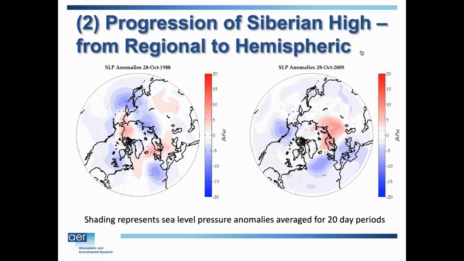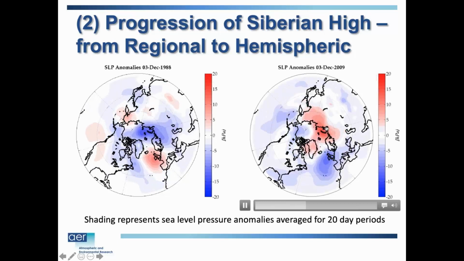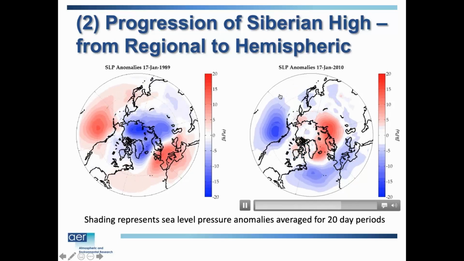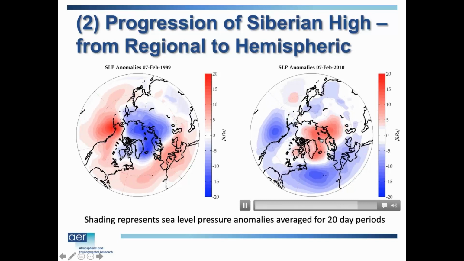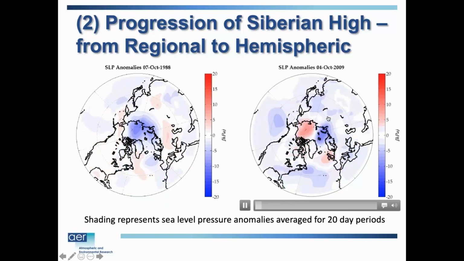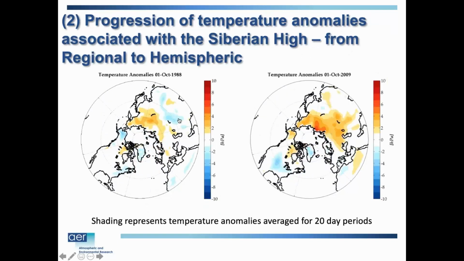This is what happens after October, and you have the snow cover. It's nice seeing this expand: positive sea level pressure anomalies northwest of the Siberian high center. It's a northwest expansion, and then what started as regional really becomes a hemispheric pattern, with positive sea level pressure anomalies across the high latitudes and low pressure anomalies in the mid latitudes, especially in the ocean basins, and high pressure over the Arctic. So again, high snow cover, and then you have this expansion of the Siberian high to the northwest. Low snow cover, you don't have that northwest expansion.